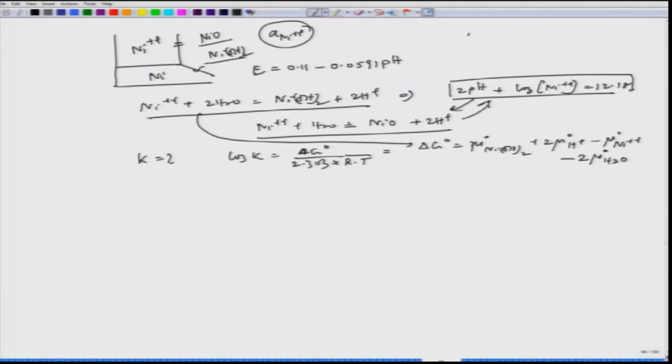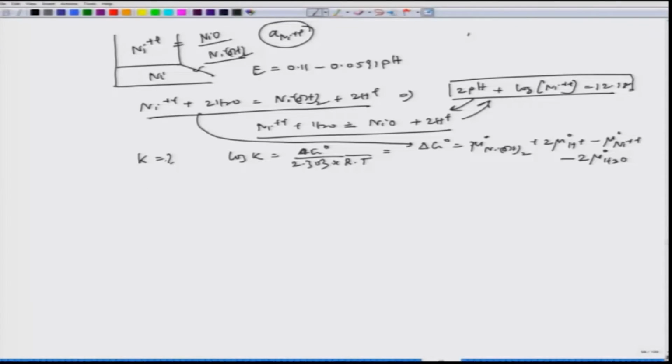So, that is what you are getting. The main crux is that you are trying to plot the corrosion zone, immunity zone and passive zone, but this Pourbaix diagram is not complete if you do not put in the equations or reactions which involve not metals but oxygen, dissolved oxygen, hydrogen evolution, H2, H plus and OH minus, and of course there will be water. So, this E versus pH diagram should be complete